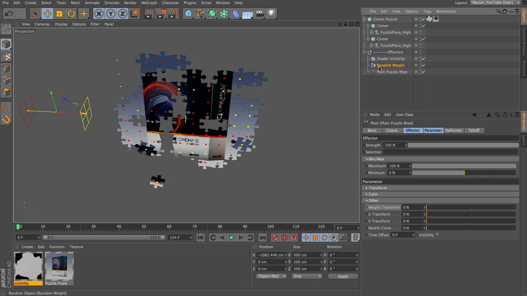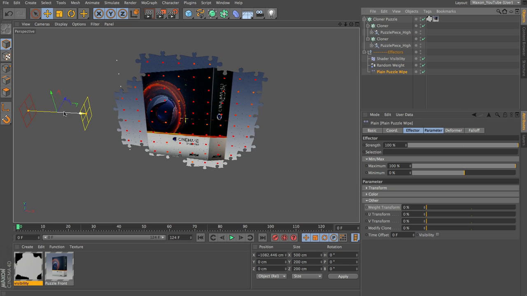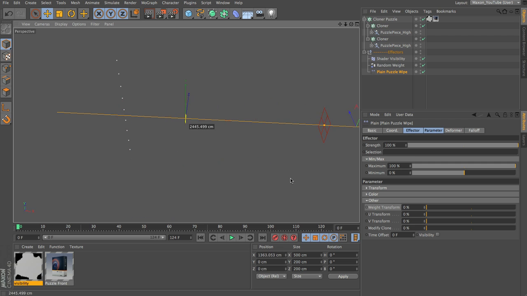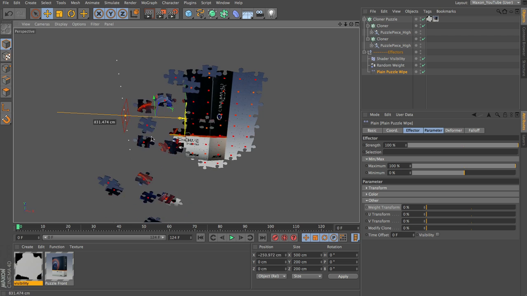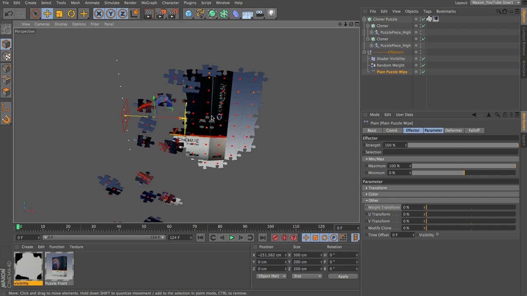So I'm going to set that back to 100, and I'm going to leave the minimum and maximum at 100 and minus 100. I'm quite happy with that result, but I'd encourage you to play with that so you can see how adjusting that weight can affect how the other effectors work. Now of course that's adjusted the weight of your clones from there on, so you can always add in another effector later on and set the weight transform to 100, but without using a random effector, using a shader effector, so that they all become the same weight again. So sometimes you might want to reset that weight later on.